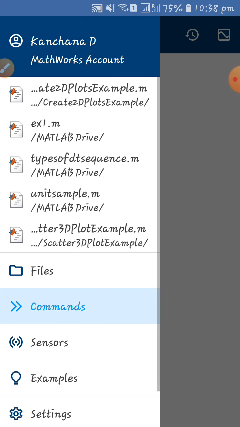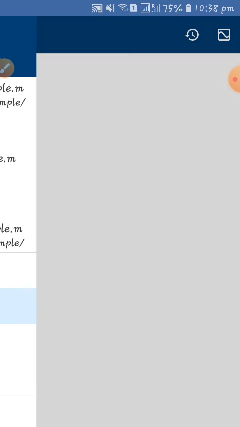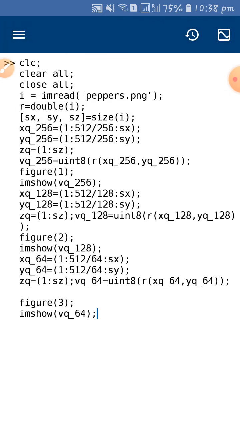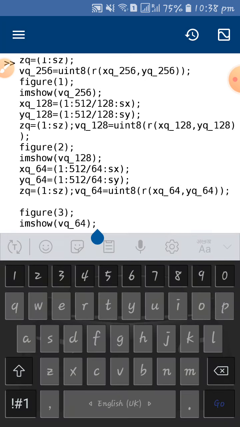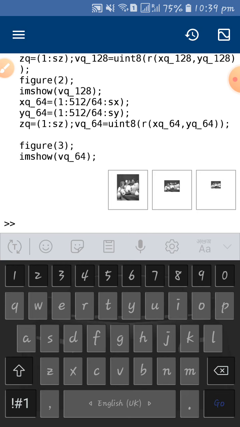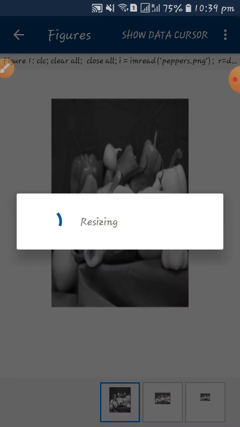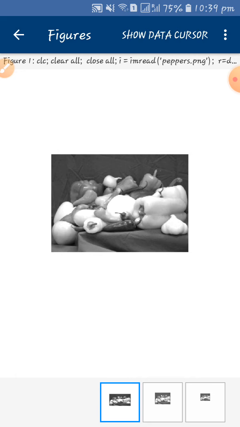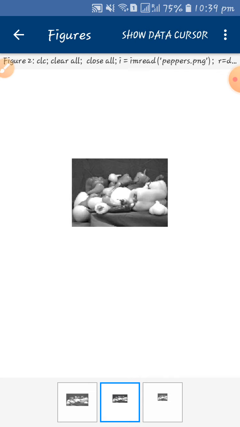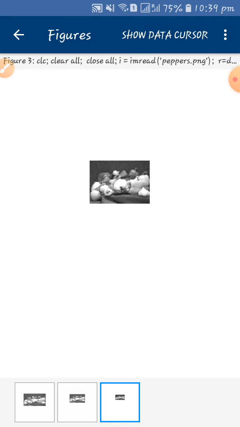So here I'm in my command window. Go to the command window and paste, and now I'm running the code by clicking the go button. So it's evaluating the code. Here you can see that the figure is displayed. This is the first figure window. The image, as you can see, the size is reduced. Here it is again reduced, and this is the 64 size image.